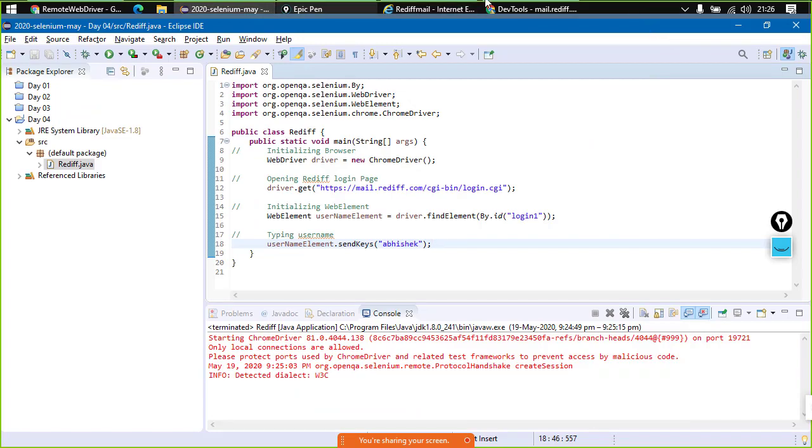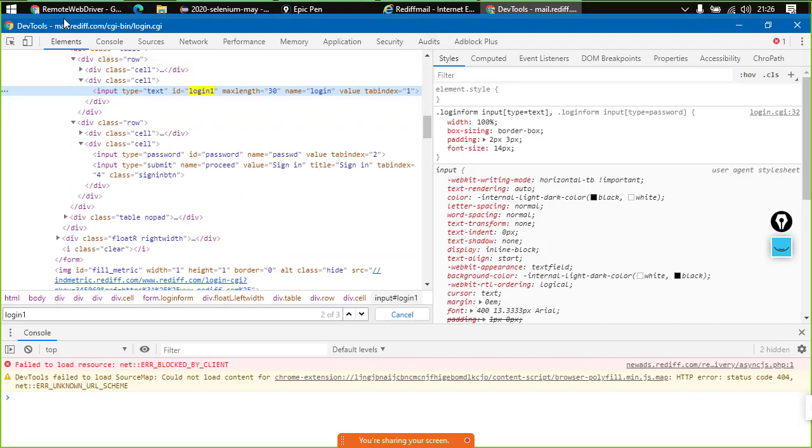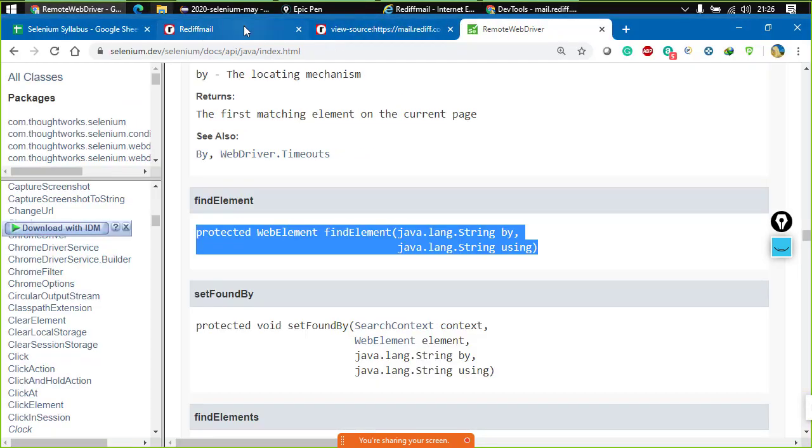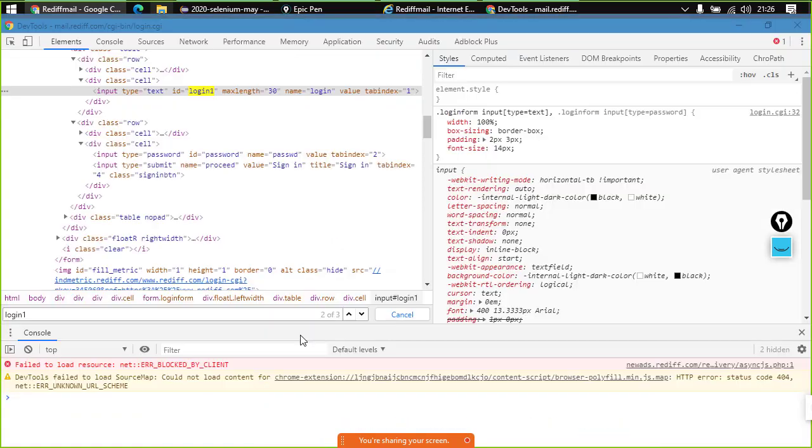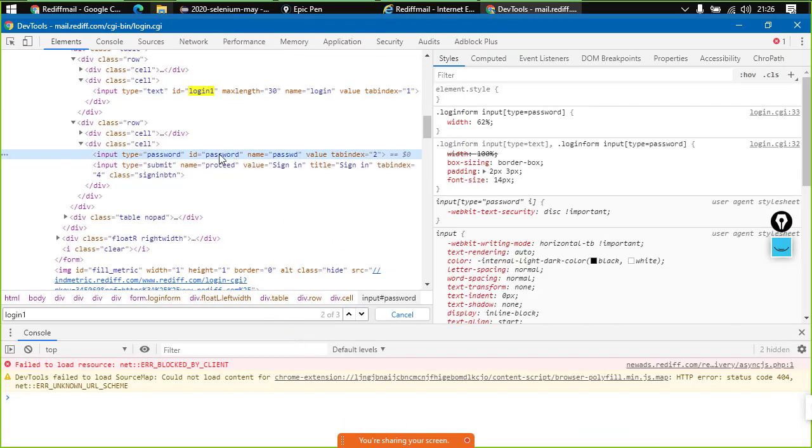Now over here, coming back to the developer tools and this particular page, we need to deal with this password field. Right click here, inspect again. This is the password. The ID is password.